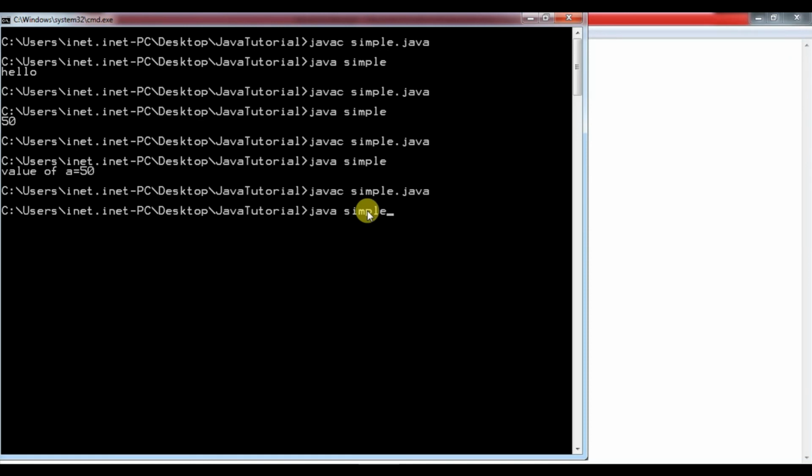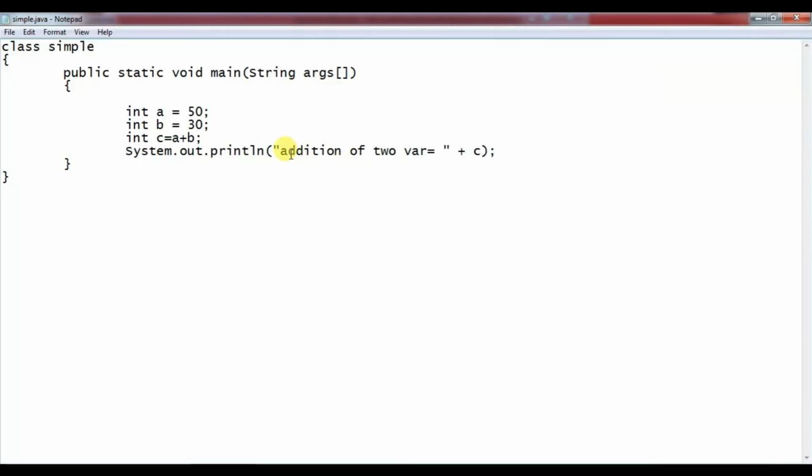Yes, it's compiled, and to run this file, java simple. Now the output is addition of 2 var is equal to 80. As I have printed in double quotes, it will print as it is shown in the double quotes, and plus c is going to concatenate the value of c, the addition of the two variables.